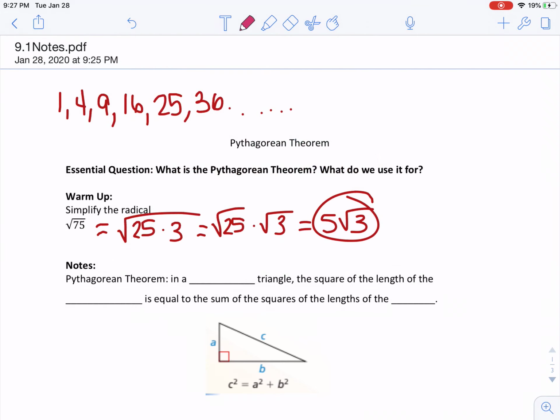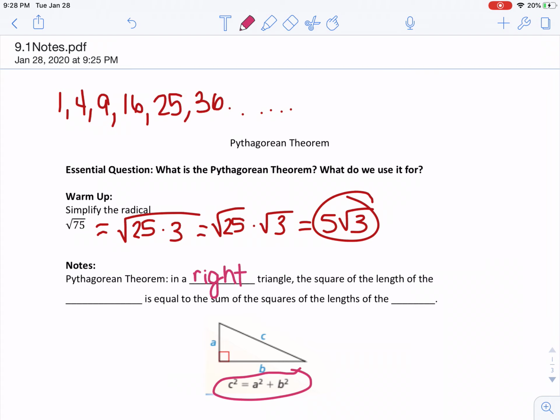So, the Pythagorean theorem. The one thing everyone always tells me is a squared plus b squared equals c squared. What does that mean? A lot of people can tell me what the Pythagorean theorem is, but they don't know what it means, what a squared is, what b squared is, and what c squared is. So the first thing you need to make sure you know is that in a right triangle,